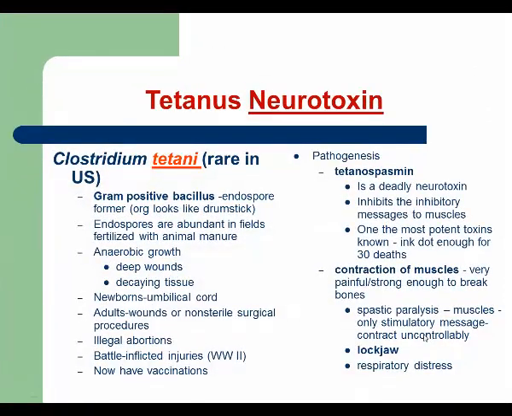We move to the next group of infections, and next we're going to talk about infections where the causative agent will be a toxin. To be more specific, we call it neurotoxin because it affects the nervous system. We start with tetanus. Tetanus is caused by Clostridium tetani,